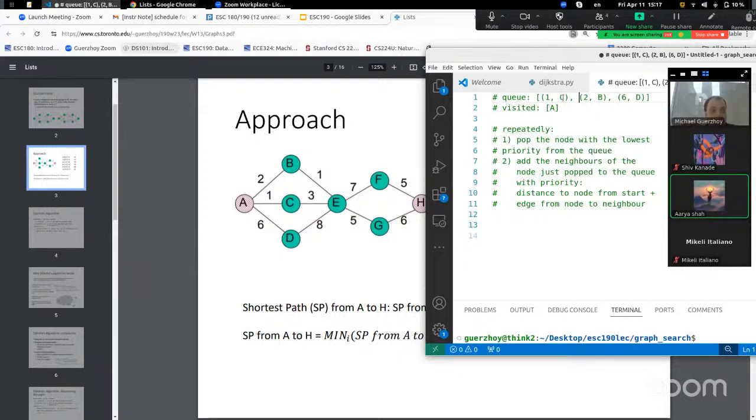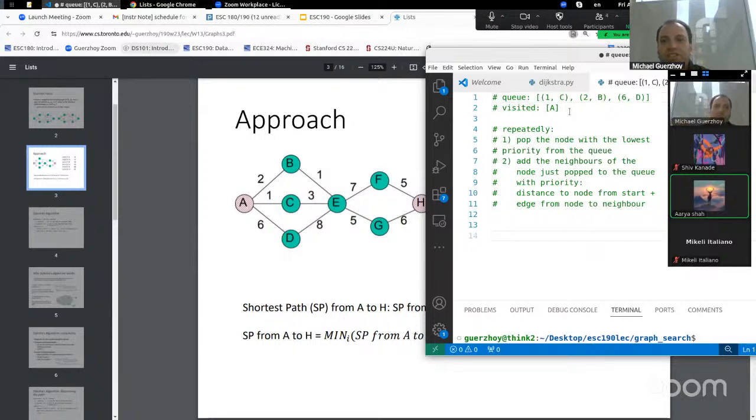And then my second question is when you're pushing the neighbors into the queue, how does the program know to also get the weight? Because the weight is